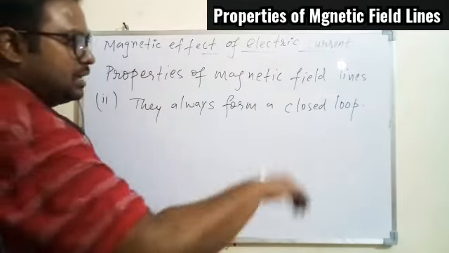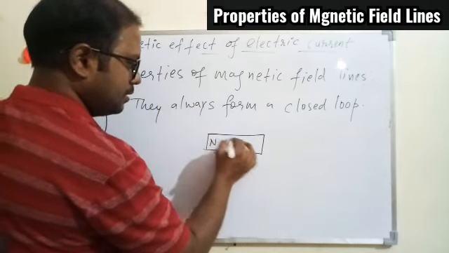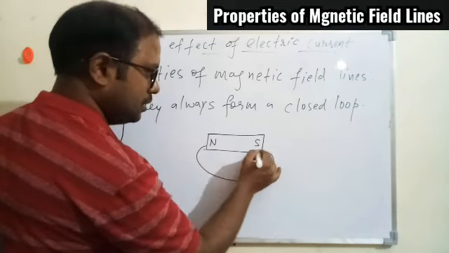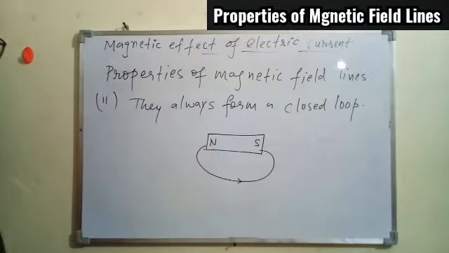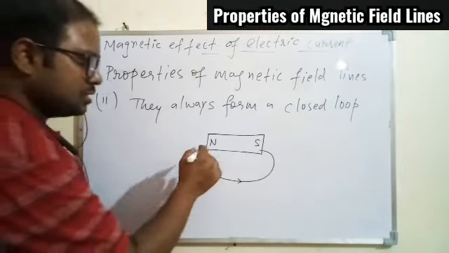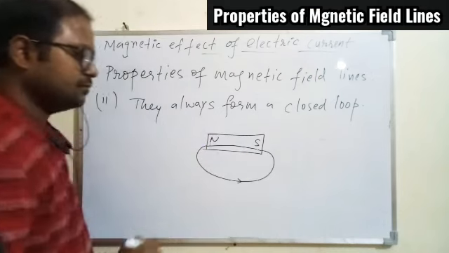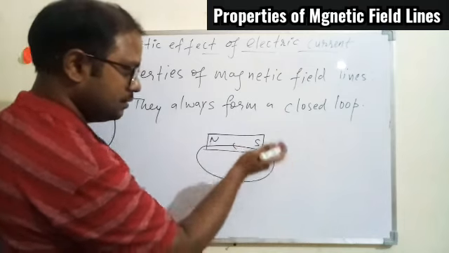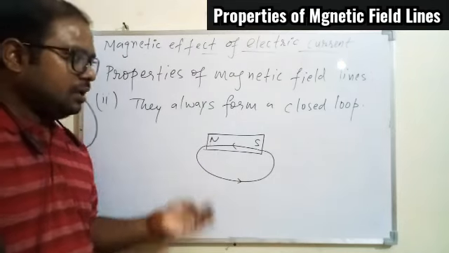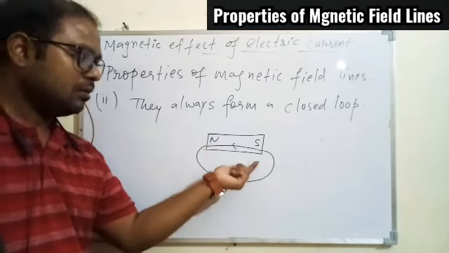Loop, you know, that is a closed path. So in general, if you have a bar magnet with north and south, if you draw the magnetic field lines, it will start from the north and it will come back to the south. But it is not just outside the magnet. The magnetic field lines are there within the magnet also, and the direction will remain the same, that is anti-clockwise in this case. So in general, any magnetic field line will form a closed loop that starts from the north and comes back to the south.